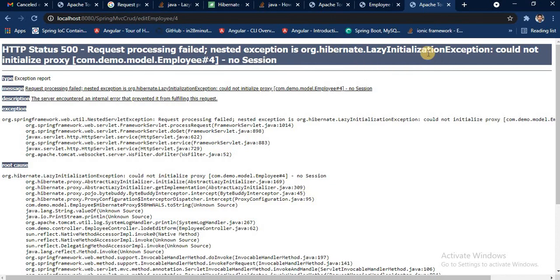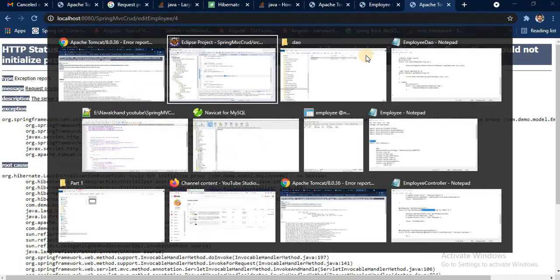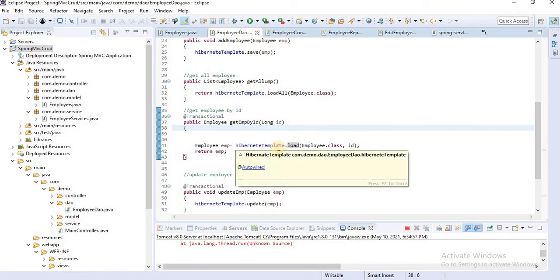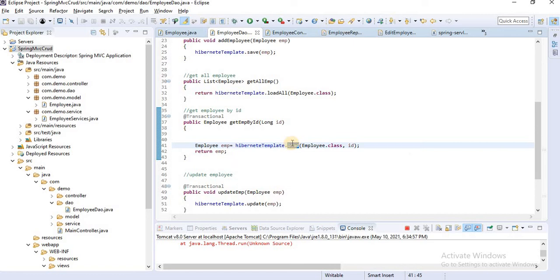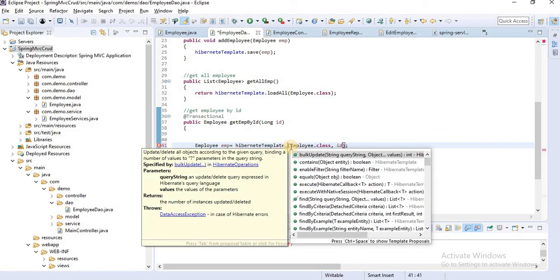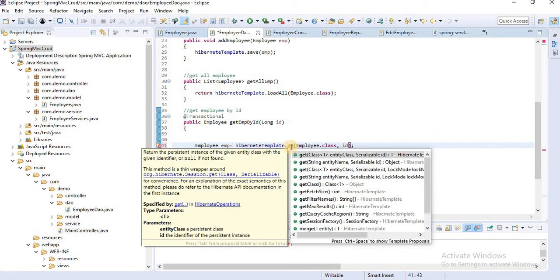Okay, let's go to the code and check what the problem is. I got the problem. Here we are using the Hibernate template load method. I think this load method is the lazy method. We will change it. We have one more method, the get method. So let's change and use the get method.